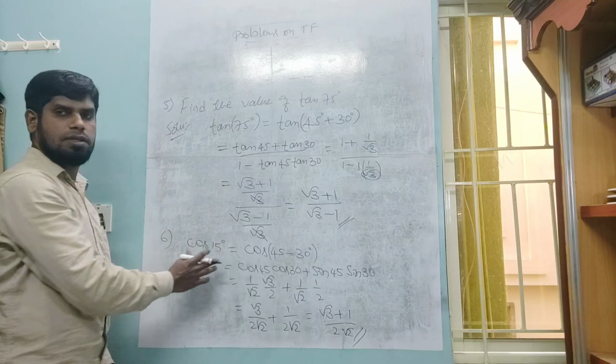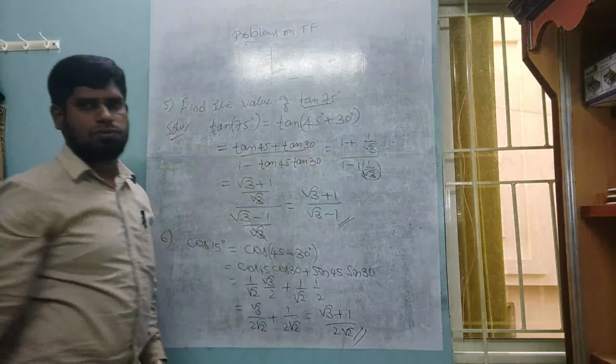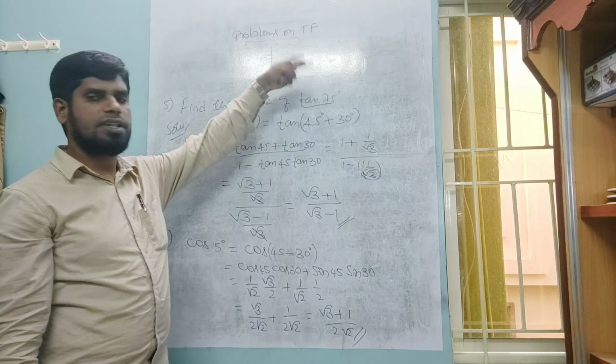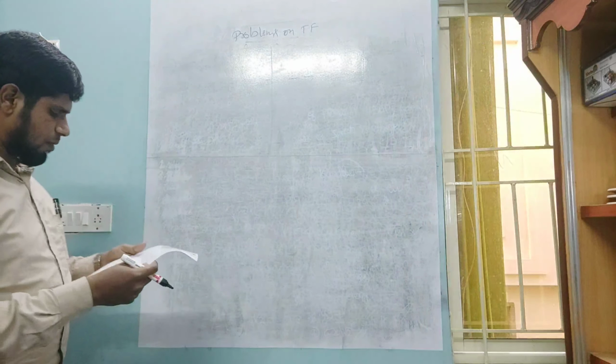So with the help of these ideas, we can find the values of other angles also. We have just seen here 75 and 15 degree. So with this, we can find the values of other angles also, 50 degree, 18 degree, 20. The next type of problems are